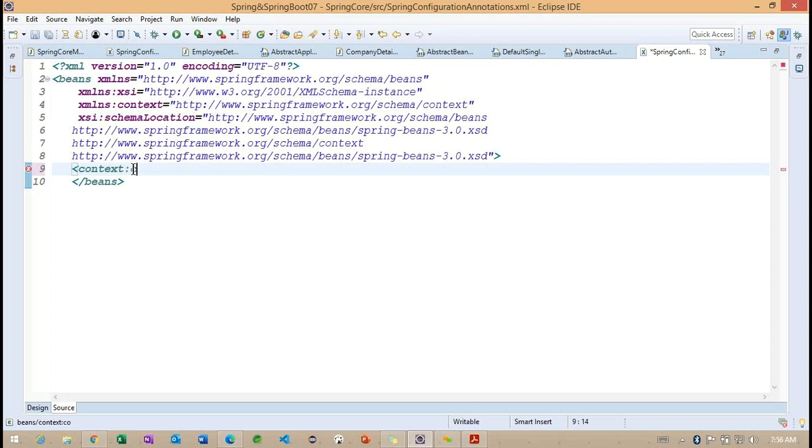Context colon. So we'll check here. No, the tag is not coming. So basically we are expecting this particular tag. It needs to come here. Oh, sorry. It will not come.